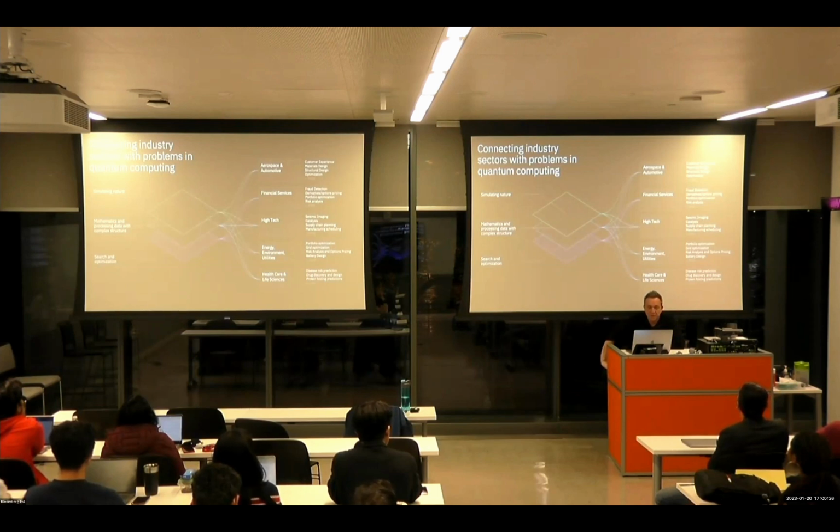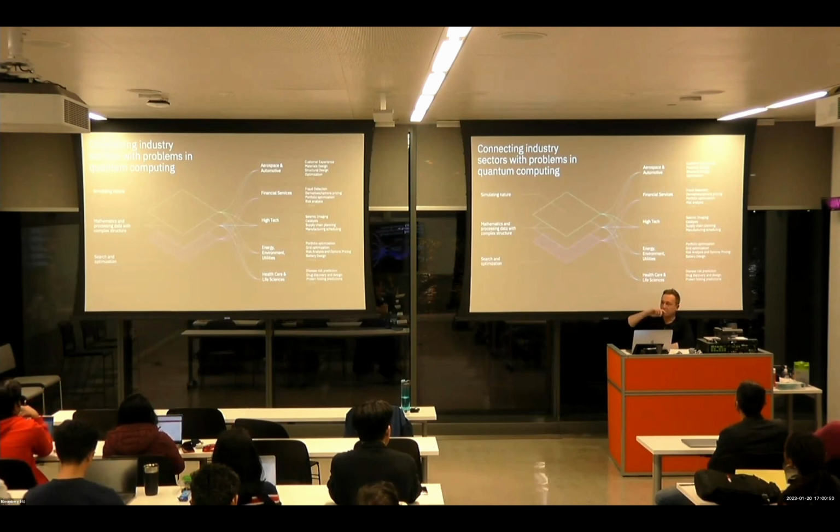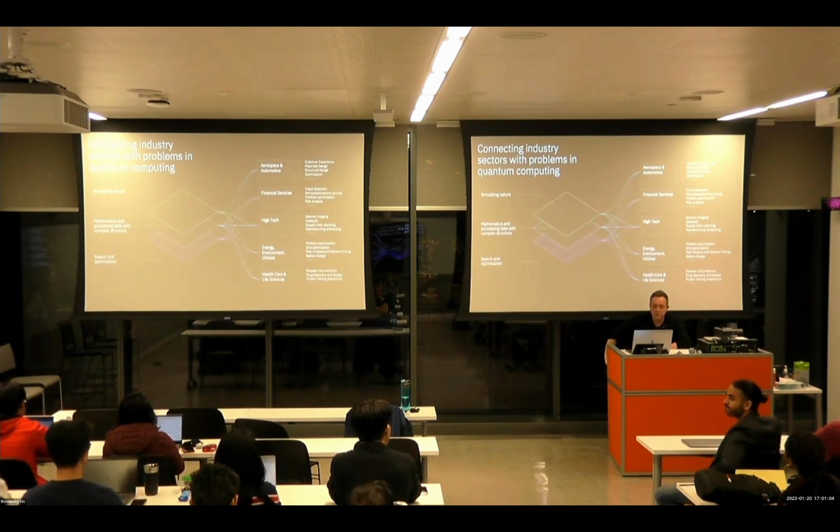Energy, we do a lot of work with Exxon. I'll share some work we do with them later. Environment, utilities, again, very interested in optimizations. Huge amount of work in battery design as well. And then finally, healthcare and life sciences, probably going to be the area that we touch first with quantum computing. If you think how much time and energy is spent in the scientific process of having to do wet trials and so on. Drugs take, I think, on average 12 years to get to market. If we could start simulating drugs, we could get to market a lot faster and save a lot more money. So they're very interested in it.